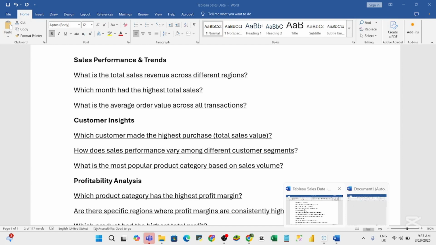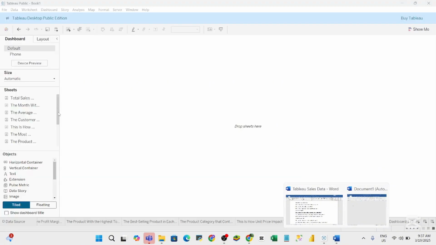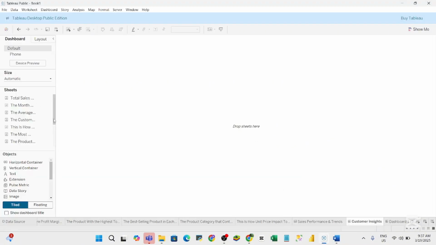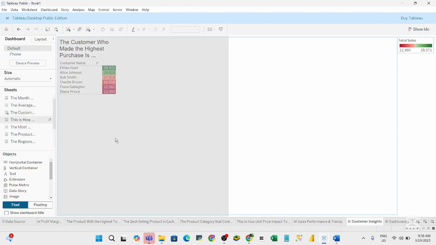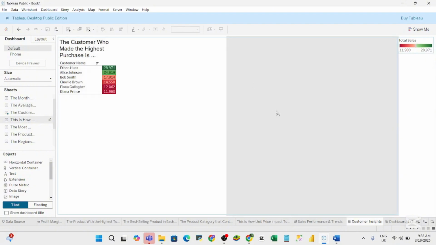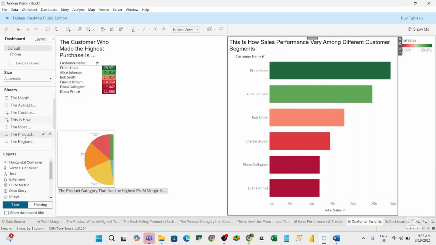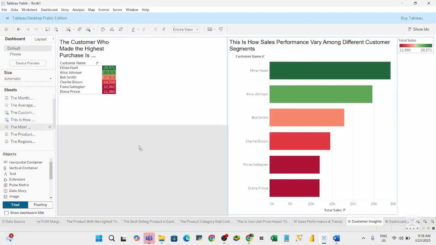Customer insight, we want which customer made the highest, how does sales performance vary, and what is the most popular category. So I want this one, and the most. Okay,